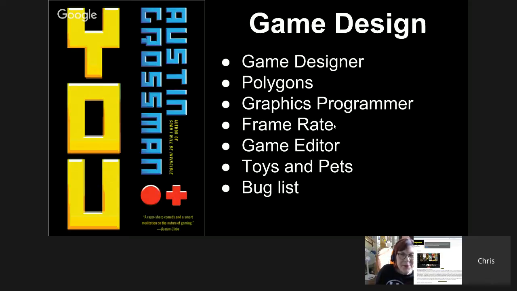Like I said, the really nice thing about this book is it gives you a good aspect of how games create the environments that you see, because everything's based on polygons. Everything you see in World of Warcraft, everything you see in any console game, pretty much everything, even your mobile games, are polygons.